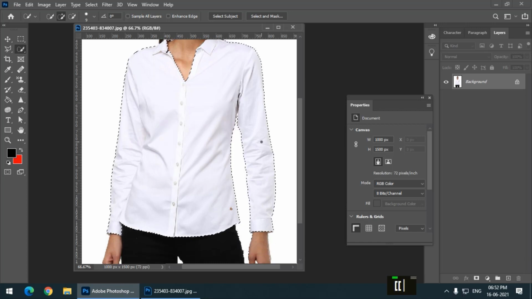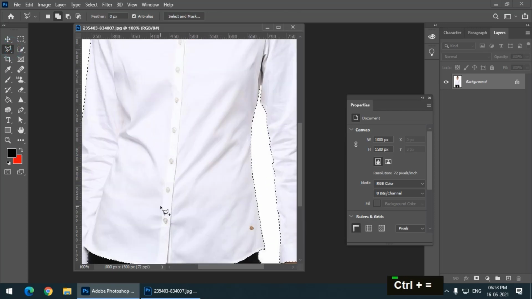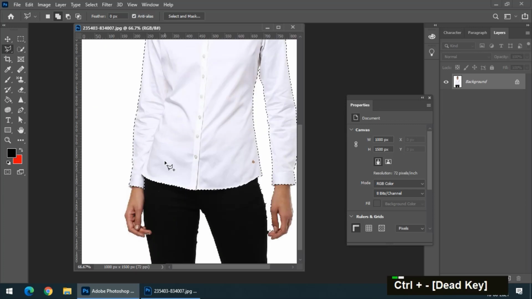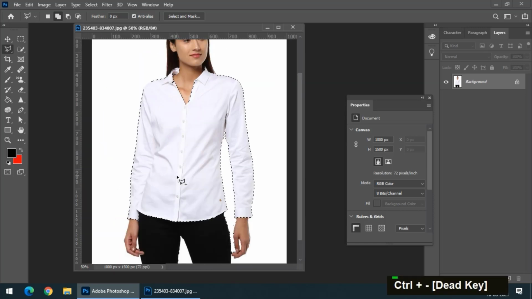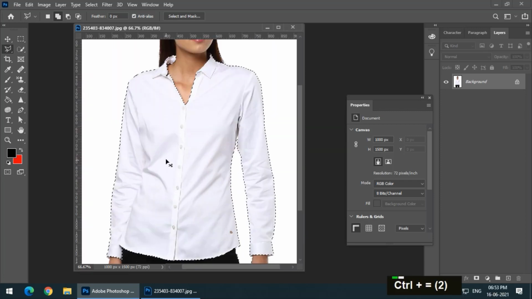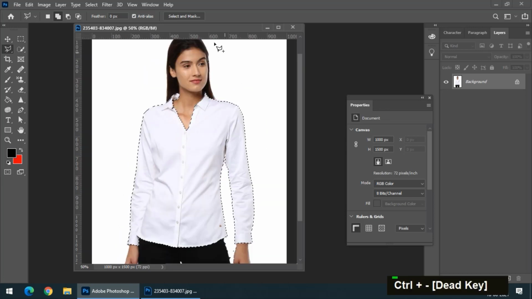This looks pretty good, not perfect but pretty good. And remember one thing, your output depends upon the quality of your selection. If your selection is very good, then your output will also be very good. So try and put as much time as you can on selecting any object, because it will affect your output. I think this looks good, still not perfect but good, as I mentioned earlier.